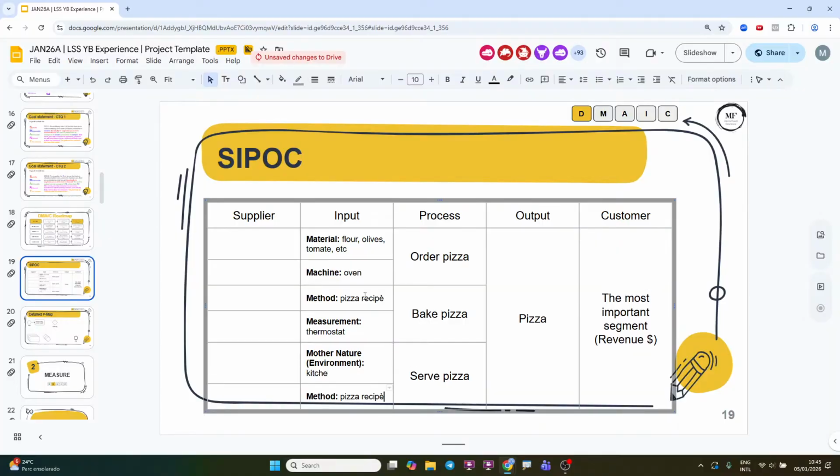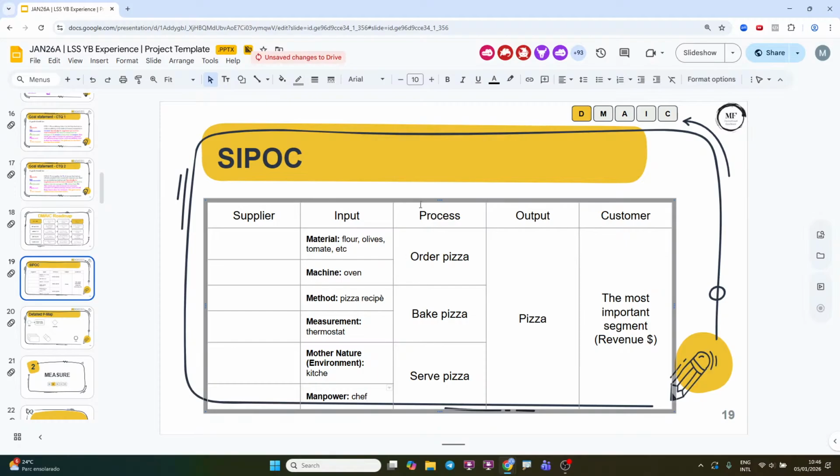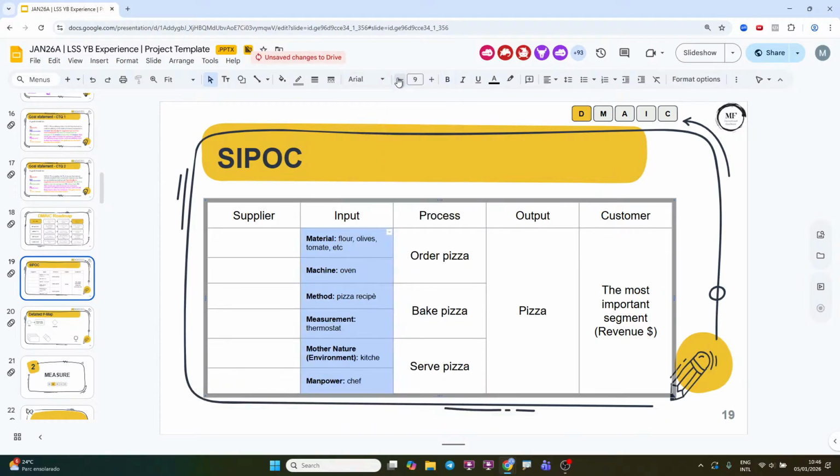And we have one that I don't like very much, this expression, but it's very much used: manpower. Then we have the chef, for example. So once again, let's keep it as simple as possible so you have a sense of the